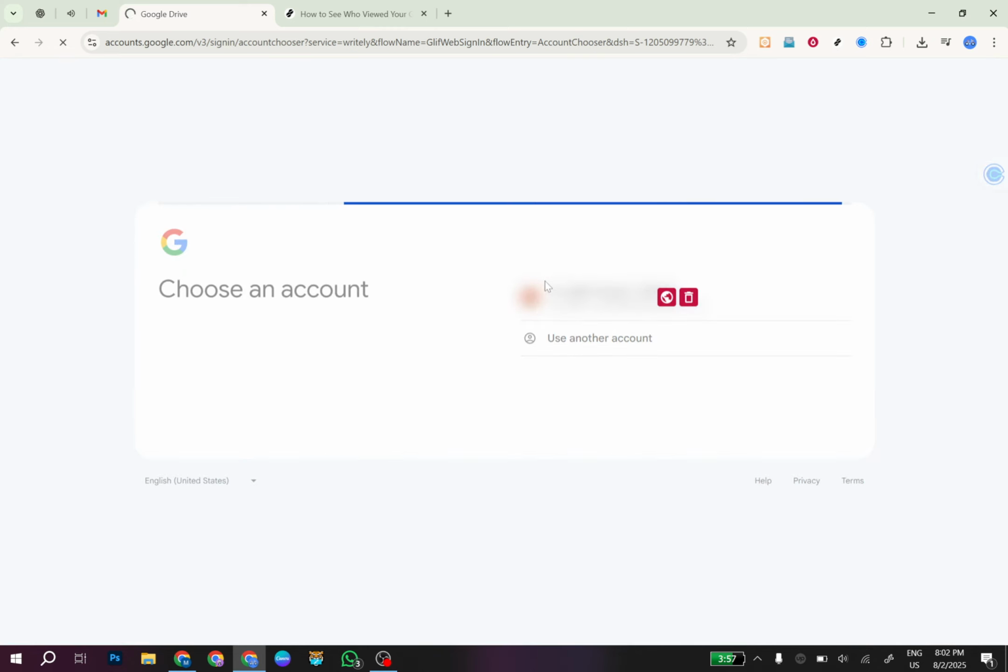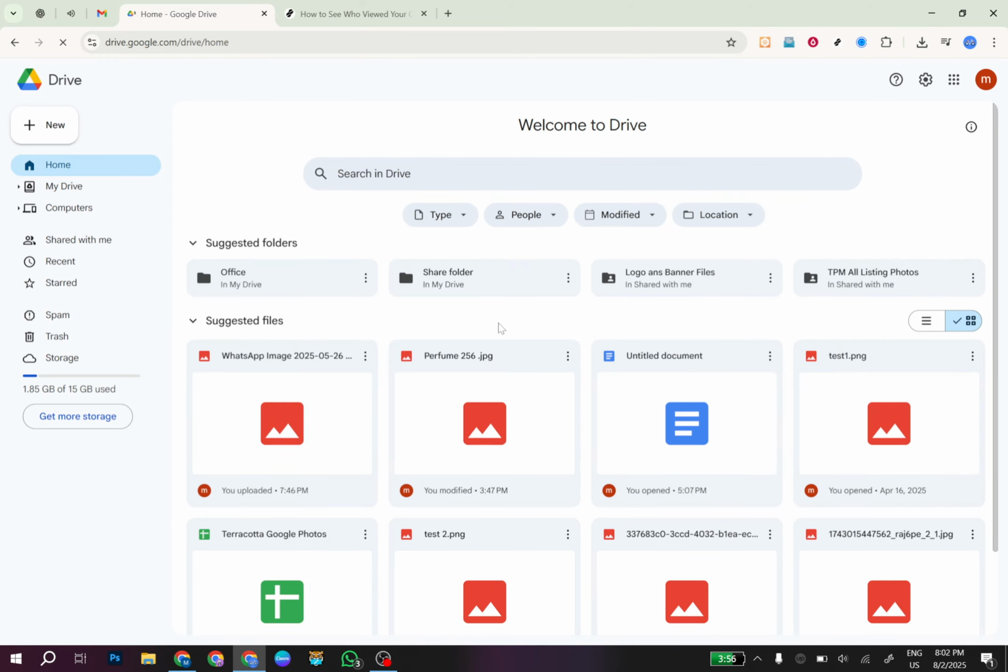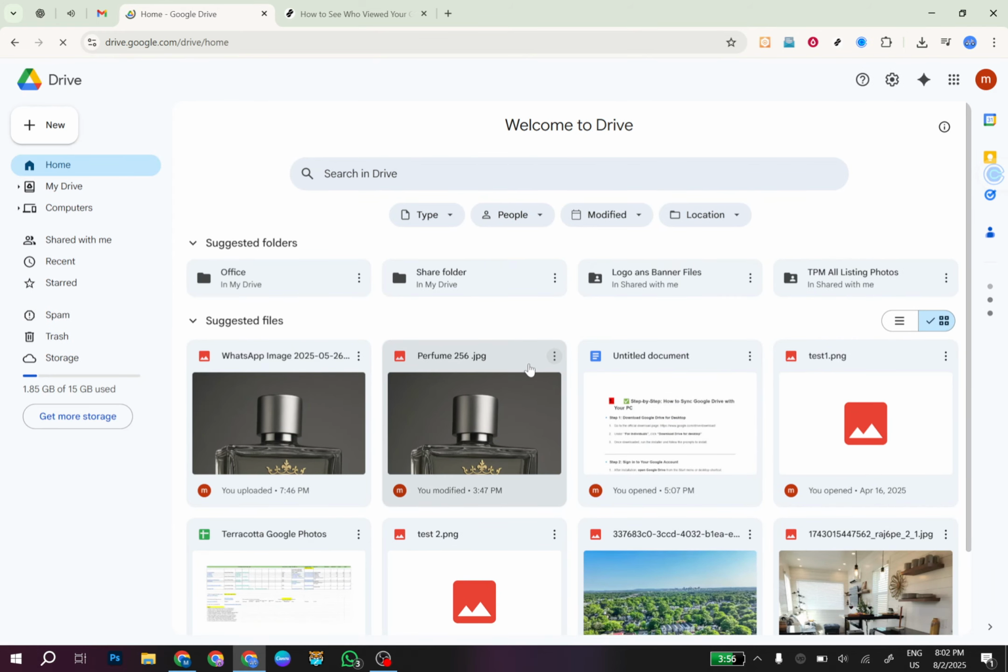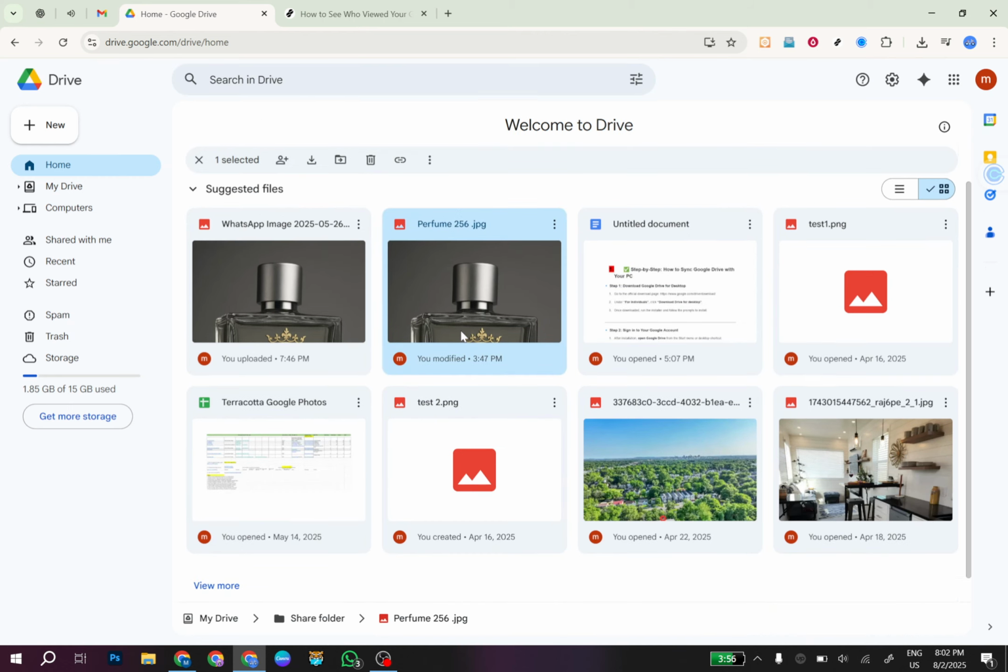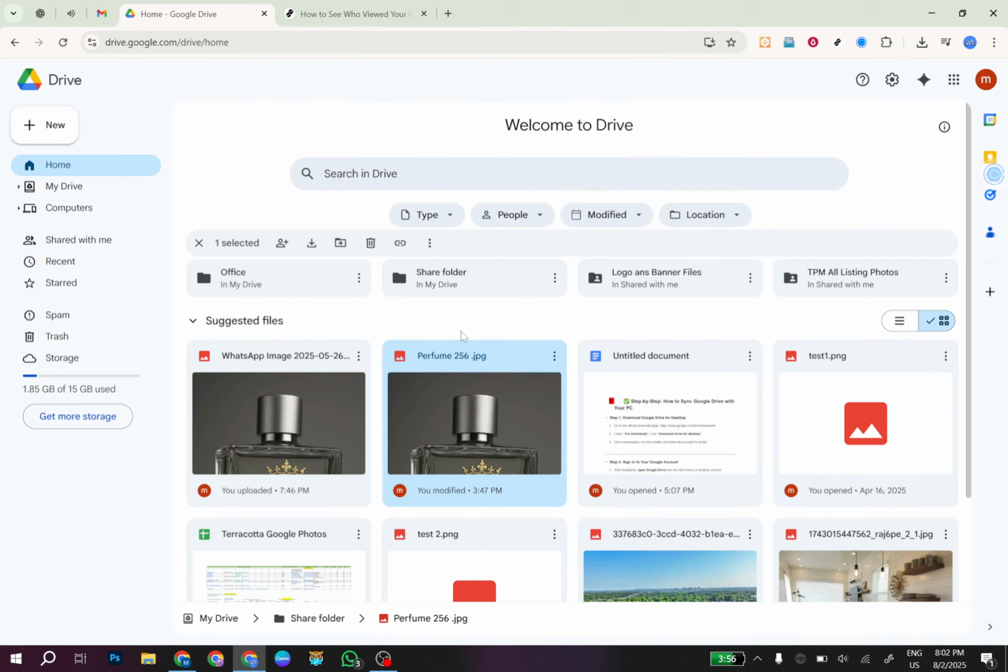Here, you need to select the Google account that has access to the Drive file you wish to check up on. Simply click on your account, or if it's not listed, you can sign in by entering your email and password. After you've successfully logged in, you'll arrive at your Google Drive homepage where all your files and folders are